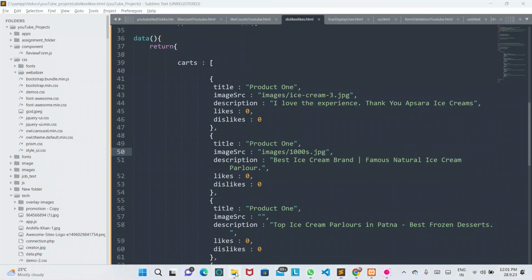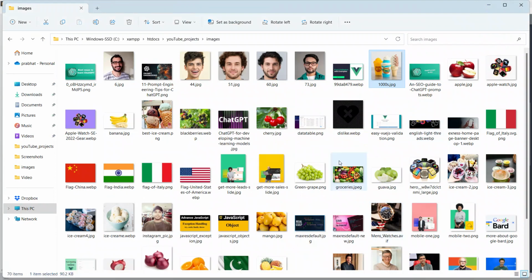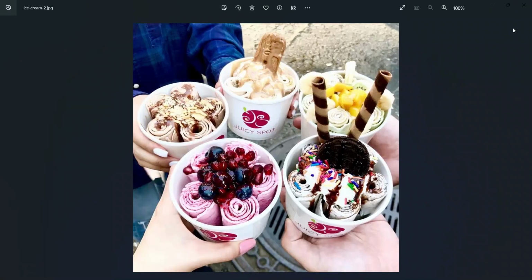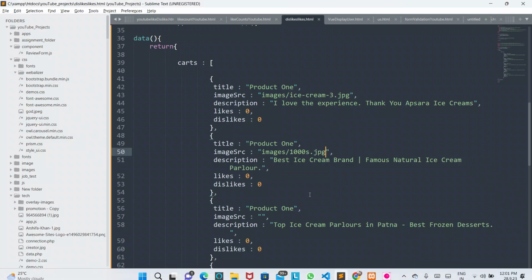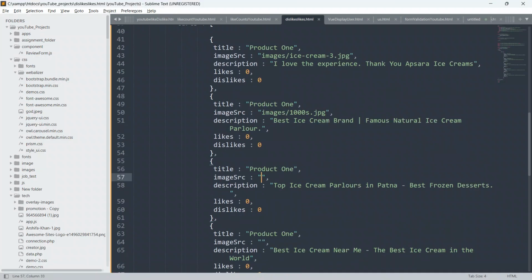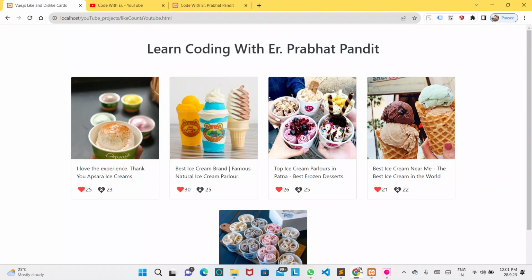Again go to the folder, this image. Copy this image name from here and paste it into your code. So images, slash, and paste it here, and again see which one. So this one and this one.